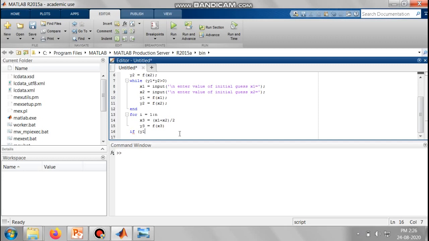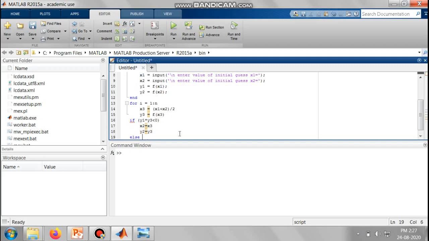y1 into y3, if it is less than 0, then replace x2 is equal to x3, and same y2 is equal to y3.